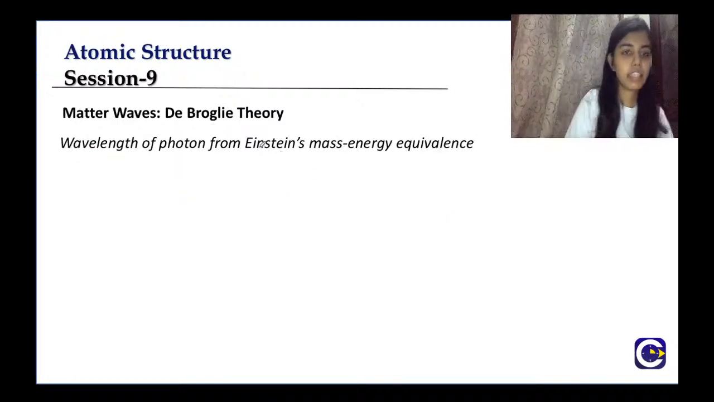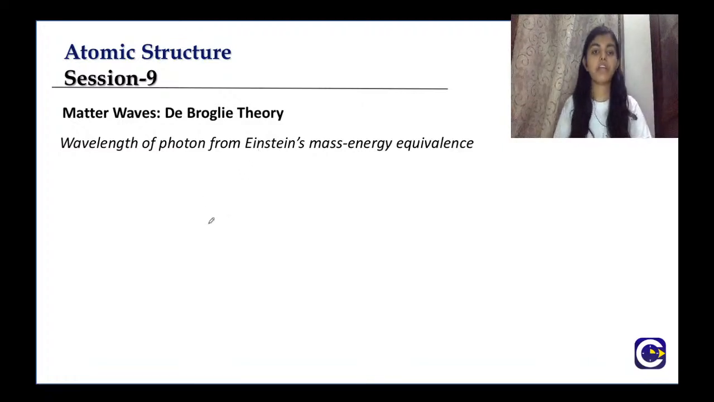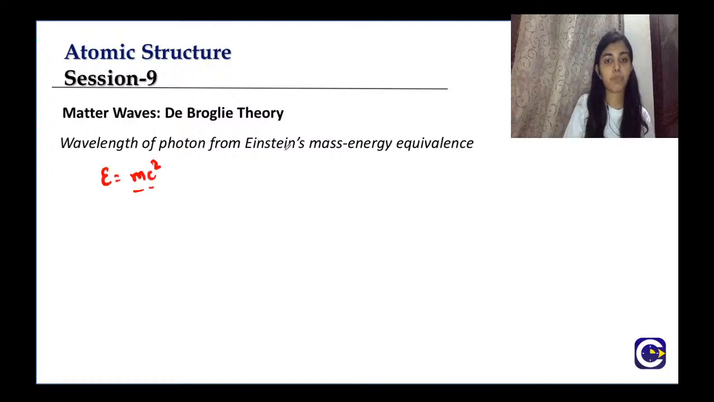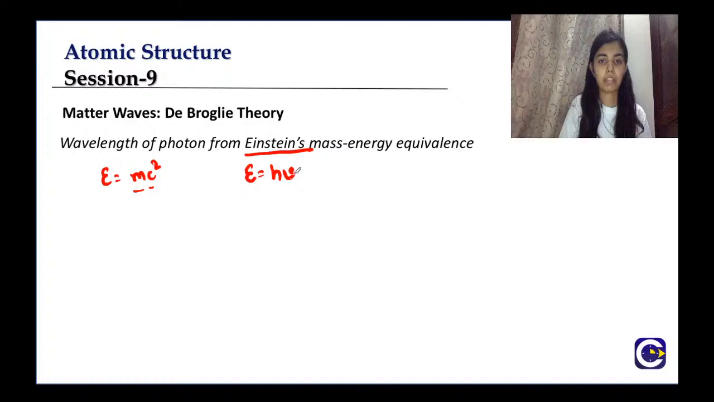He considered that each matter, whether a small particle or a big particle, for example smaller particles like electrons, bigger ones like a football, is associated with particle nature and also wave nature. If you consider the particle nature of matter, energy is given as mc square, which was proposed by Einstein. And this was proposed by Planck, that E equals h nu, the small packets of energy. So what de Broglie did